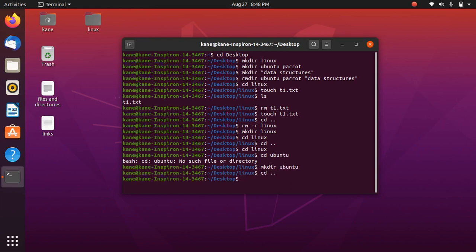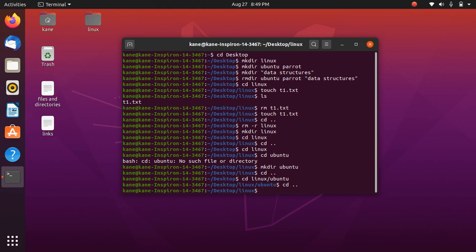We can do that with the help of cd space linux/ubuntu. As you can see, we are inside the Ubuntu directory, and if you want to access another folder inside the Ubuntu directory, then you can use linux/ubuntu/the name of that folder. Let's come out of the Ubuntu directory. So these are the three ways to use the cd command.